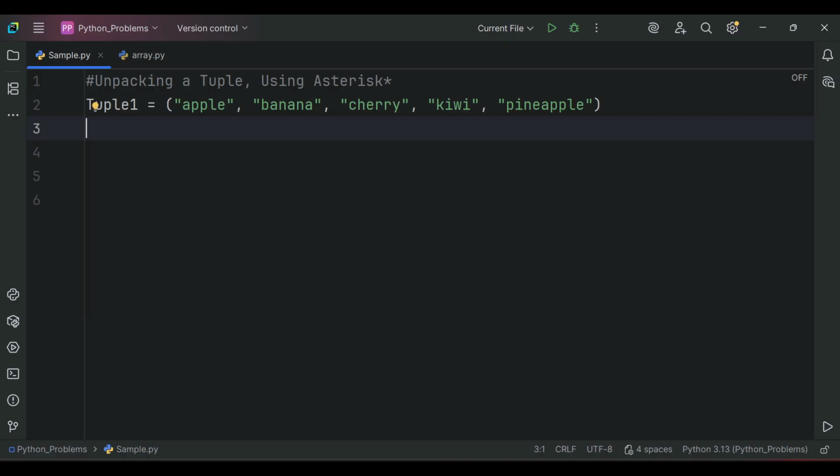In this video, we will discuss unpacking a tuple and using the asterisk symbol. First, what is meant by unpacking a tuple? That means